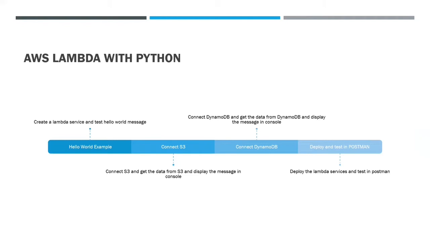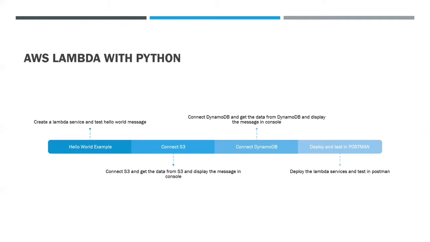Once we have completed all three services, we are going to deploy one of the services into Lambda. Once it is deployed, Lambda will generate a URL. Using that URL, we are going to test through Postman. That is the final step. Once everything is ready, we will share this URL with the front end team. They will create the GUI. That is the complete journey of this tutorial.